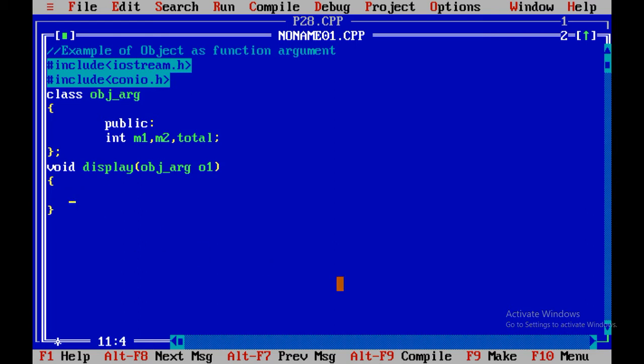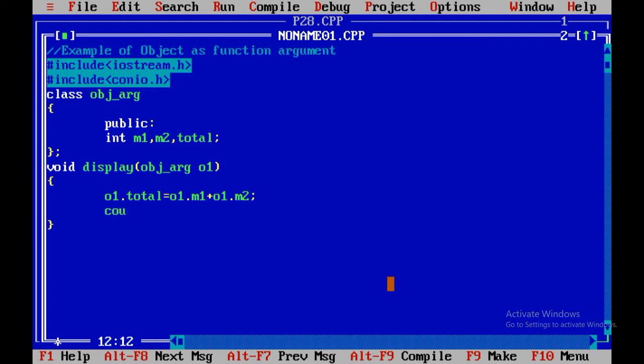Now o1 dot total. I am going to explain the code, but first let me note down the code. First o1 dot m2.